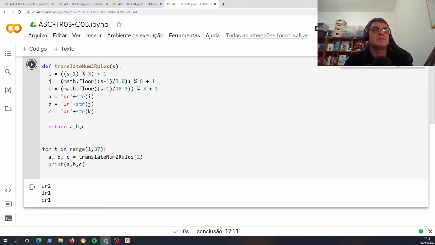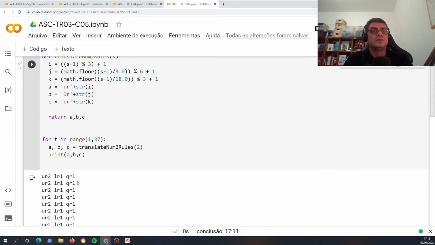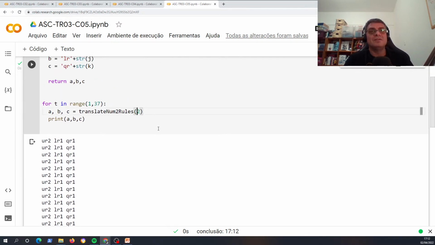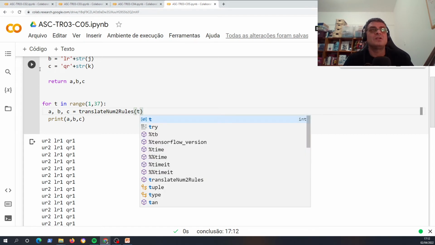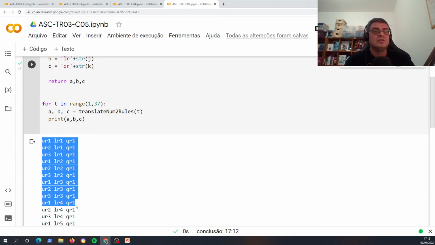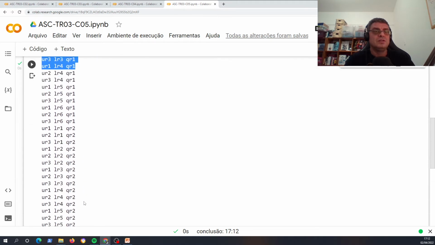Let's see if it's okay. So it's okay. Now, what we got here is not the T value, so we are just repeating again and again. So we get all possible combinations of rules, but most important than all possible combinations of rules is not this, is that,